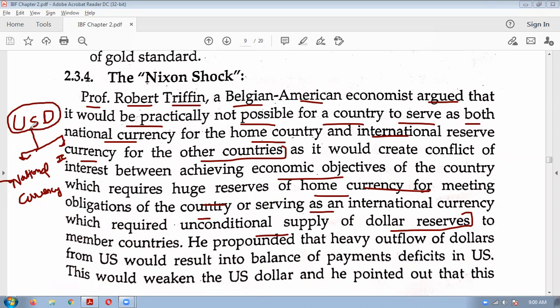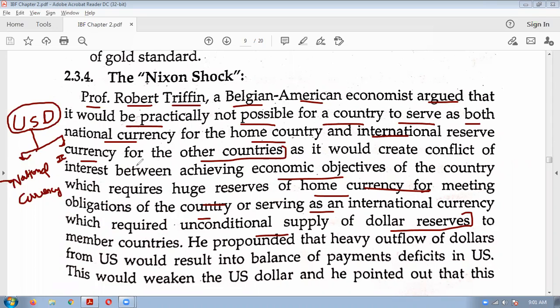Okay, like government is having various functions, no, infrastructure development, public utility functions are there, etc. Many activities are provided by government. For that, it will require funds, and USA's currency is US dollars. Okay, this was the home objective. And at the same time, if it is acting as an international currency, it should also take care of other countries also. No? That if some other country is requiring dollars, it will have to serve them also. So it is having a conflict of interest.